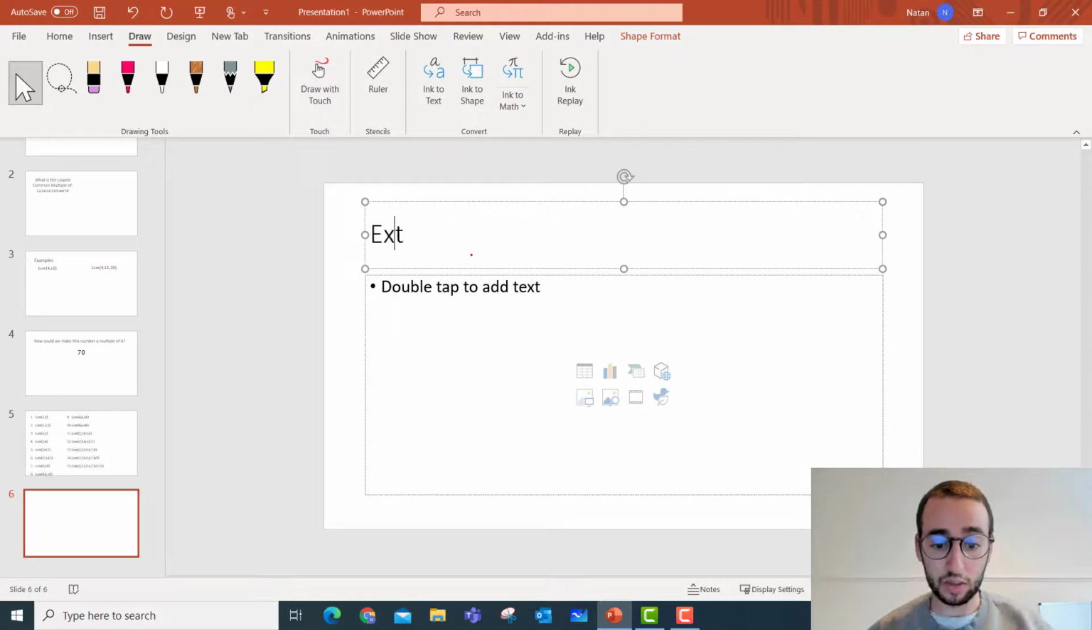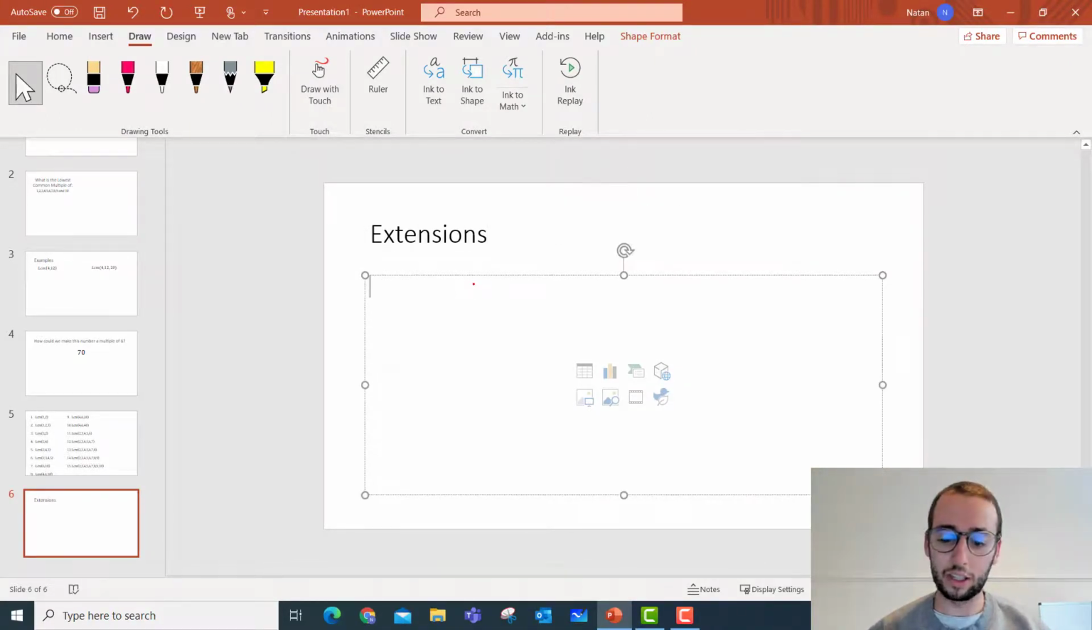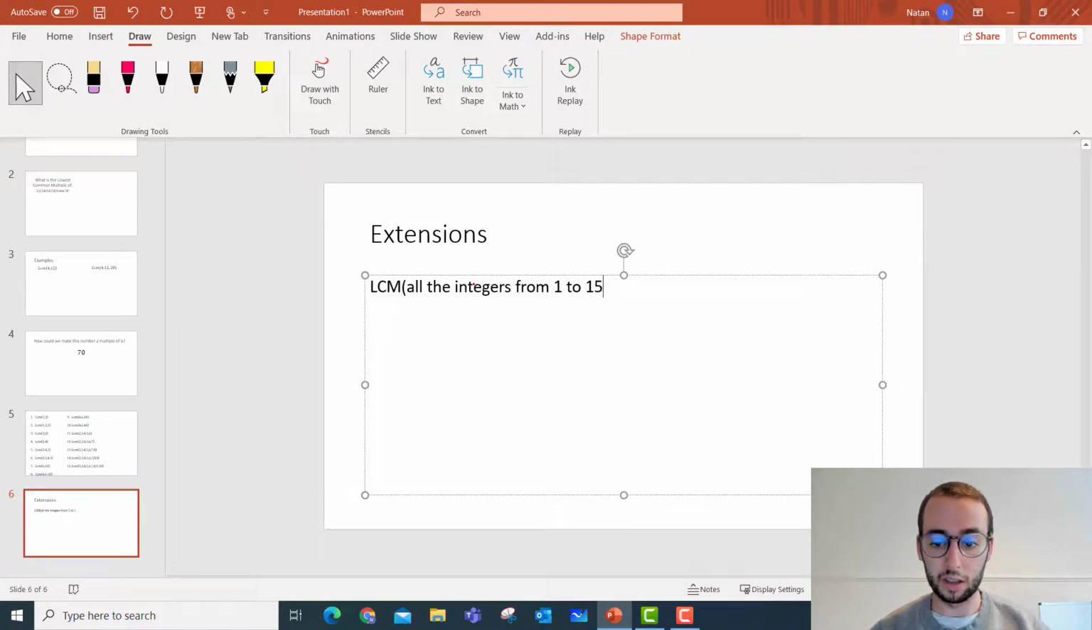Okay, now let's look at some extensions. So we've got the answer to our question itself. Easy extensions is, what's the LCM of all the integers from 1 to 15, or 1 to 11, and then we could do 1 to 12, and so on. And actually what's really nice about these is we can really think what's actually going to change. So for example,